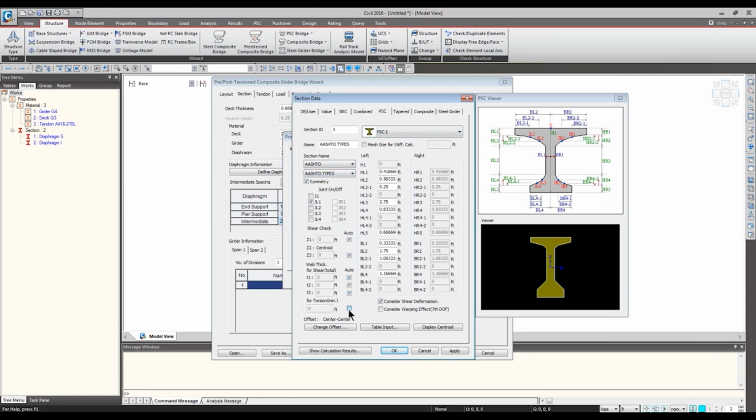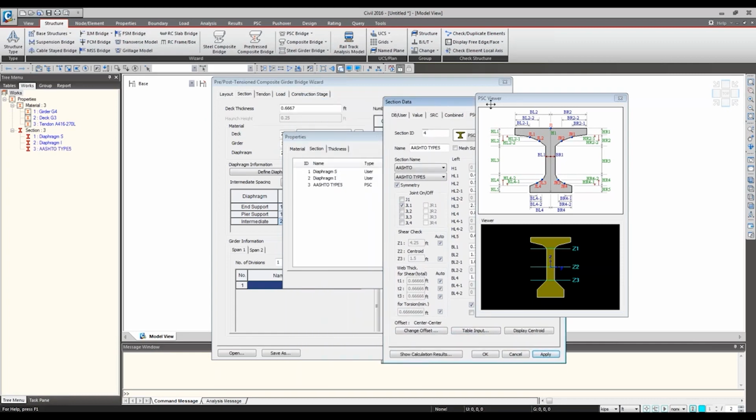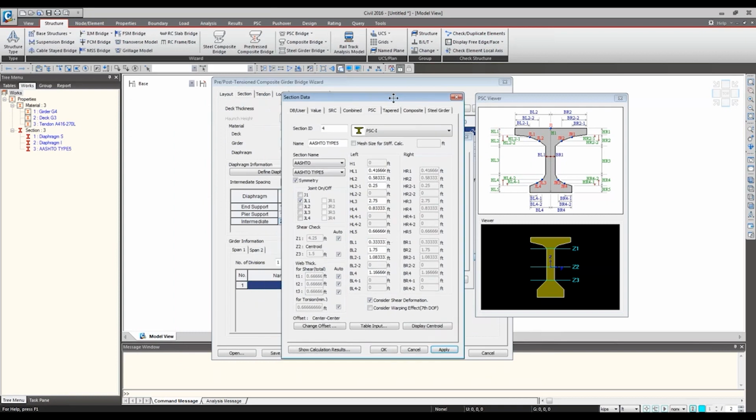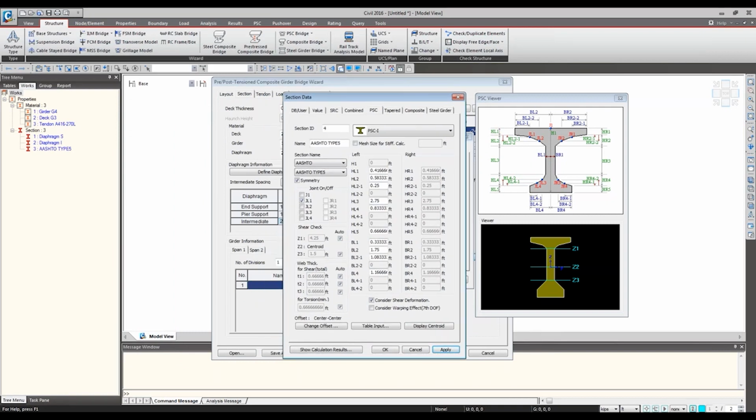So I'm going to define this AASHTO type 5 girder. Apply. So I applied, and I simply pulled from the database and defined it, right? If you need to modify this section, of course, you can change the values and reflect the change. This is where it helps when you have to define the girder at the intermediate pier portion.